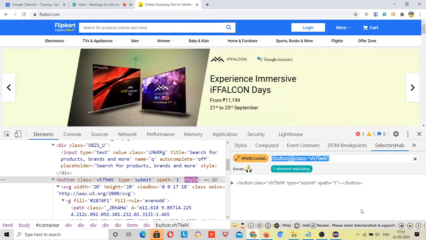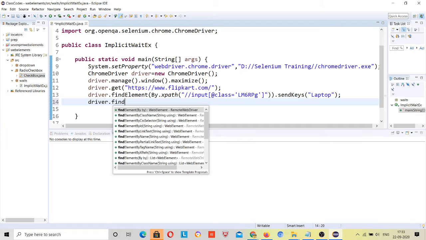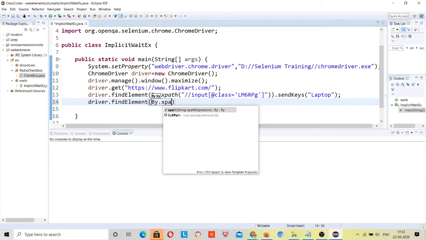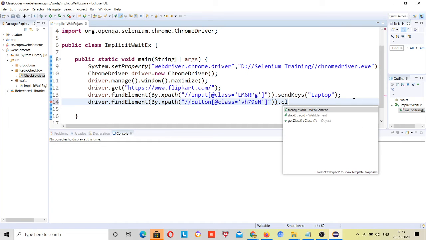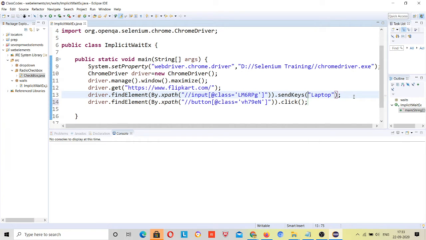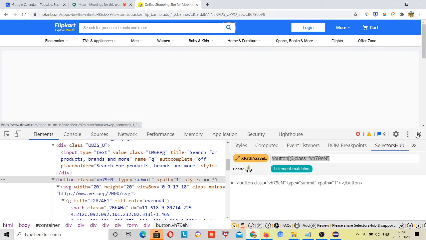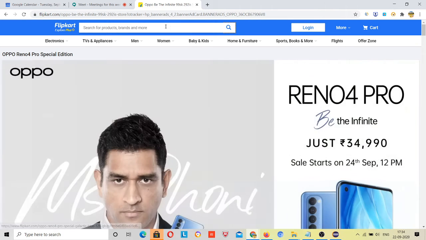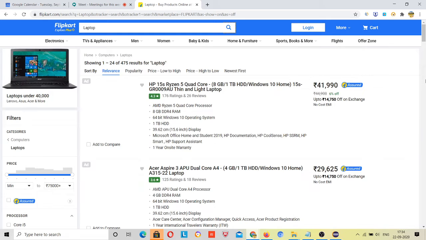So we can copy this: driver dot find element by XPath, and we have located this, and click. Once I click on this, it will start searching.